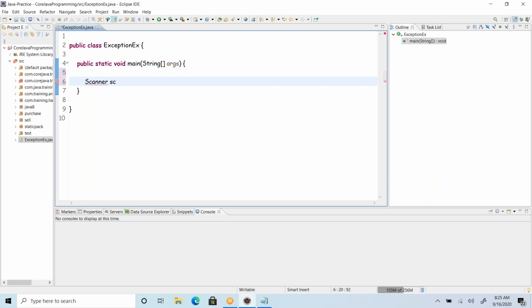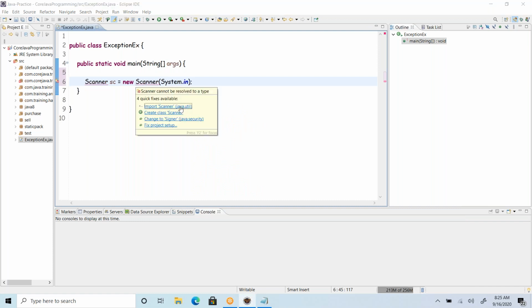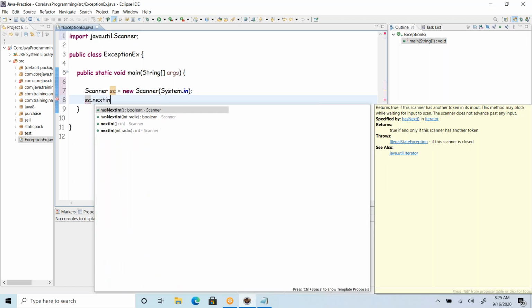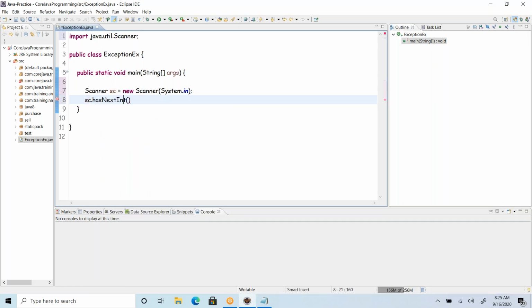Scanner is equal to new Scanner, passing keyboard to this. So Scanner, do I have to import it or not? I need to import it because it's a predefined class available in the java.util package, right? So now I can read the numbers. Next integer, I'm going to read the numbers. Next integer. Okay, so number one,